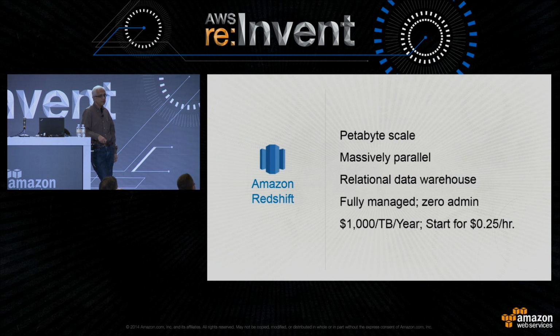And finally, let me take a few minutes to talk about Amazon Redshift, which is our petabyte-scale data warehouse. This is something we launched in February of 2013 for production use cases. It had been available in preview starting at re:Invent, our very first re:Invent in 2012. So it's been available for production use for about 20 months. I'm going to go into all the details with it, and it's one of our fastest growing services.